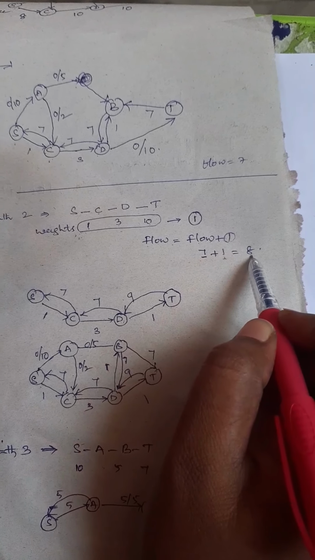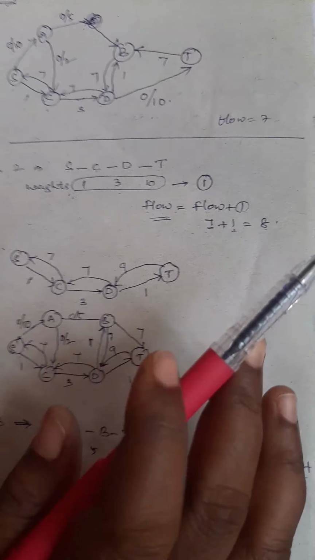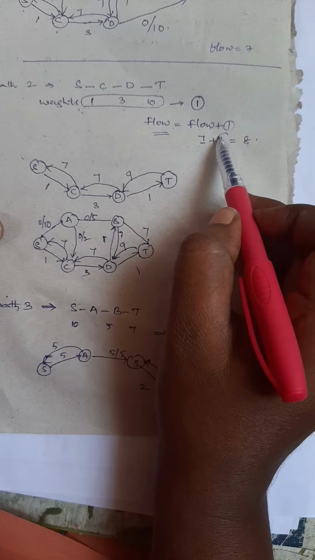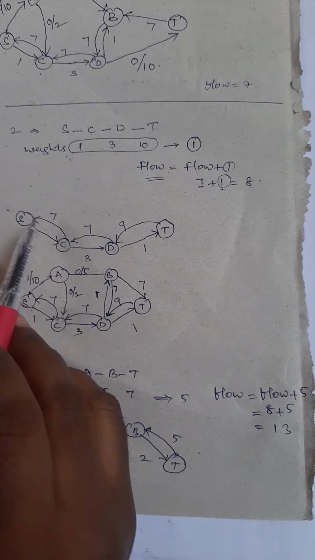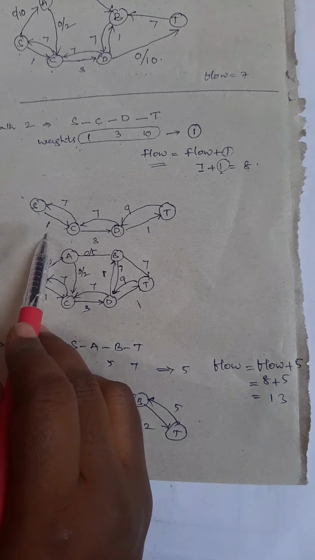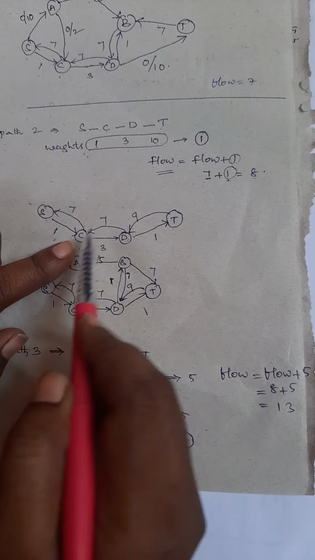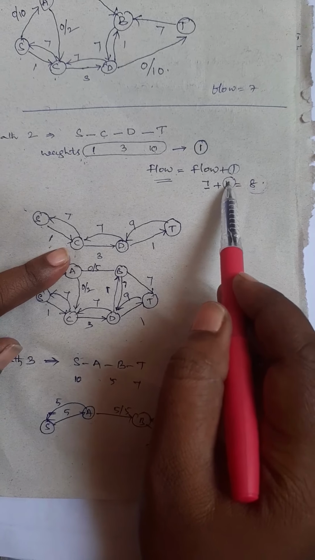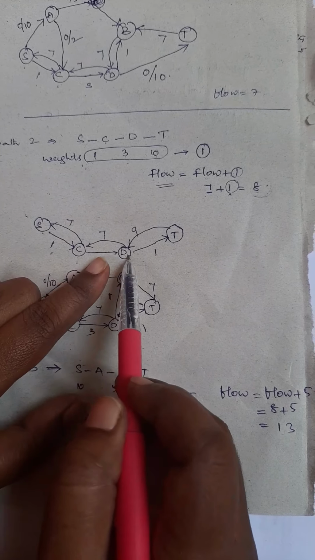7 plus 1 is 8. So the flow value in this path is 8. Okay, and what is the value we derived in this iteration? 1. Okay, so S2C, we already derived these values in the previous iteration. S2C, and it means that whatever the value we are choosing, that is a 1. And C to D also we did in the previous iteration.